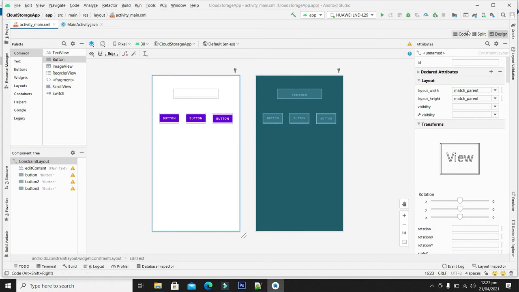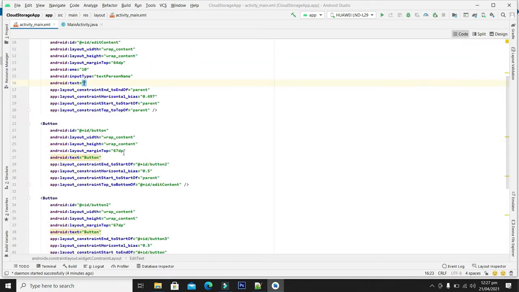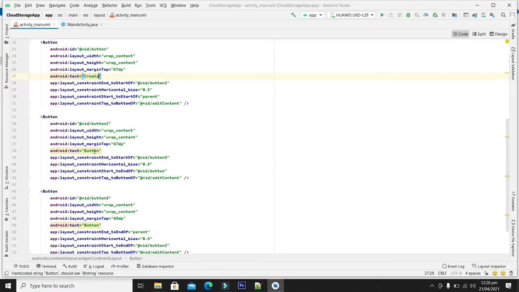Now come to the code and edit the text of the buttons. In the first button, we will create our file. In the second button, we will write some data. And in the last button, we will read our data back from Google Drive.